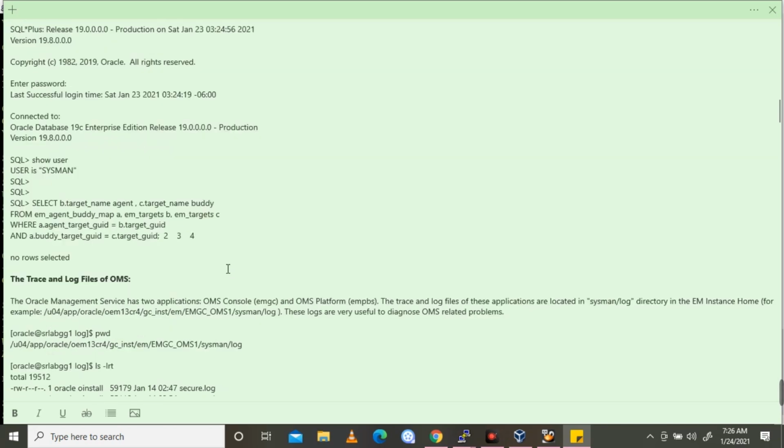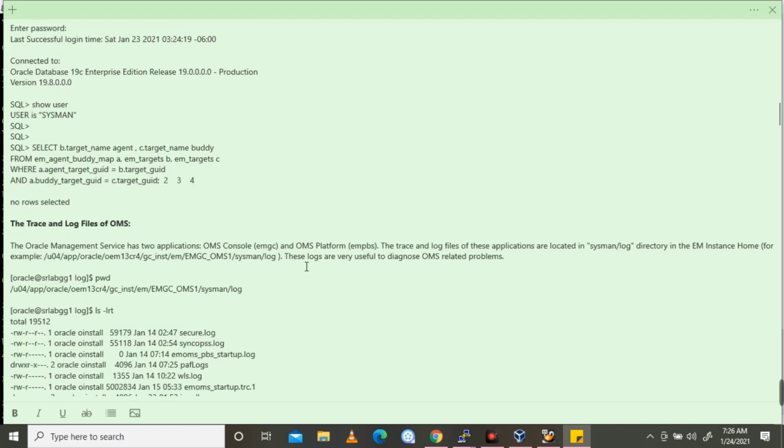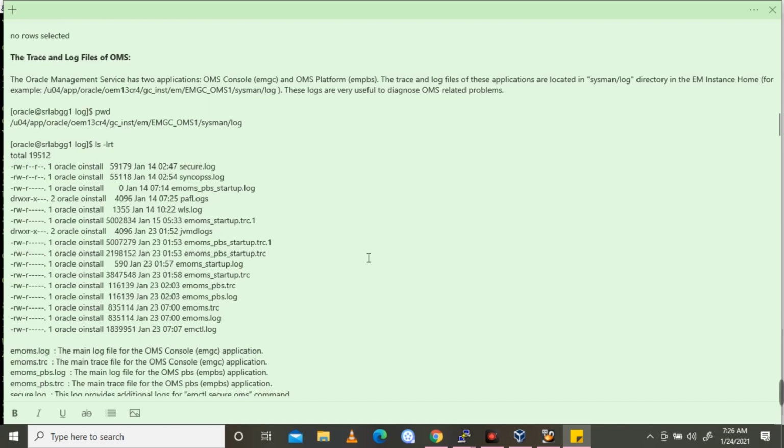And next, the important directory structure and location of the important trace and log files we are going to analyze. So the trace and log files of OMS will be very helpful for troubleshooting purposes if you are getting any issues with the OMS.